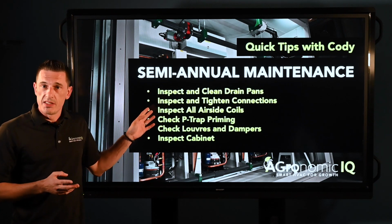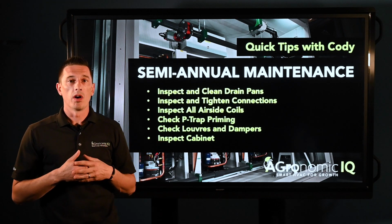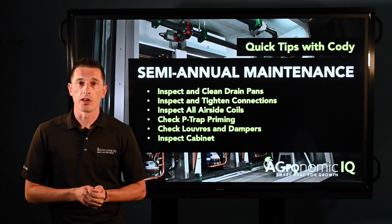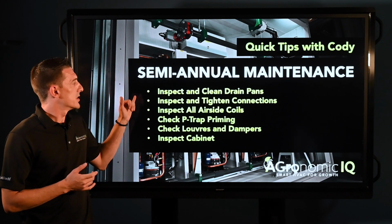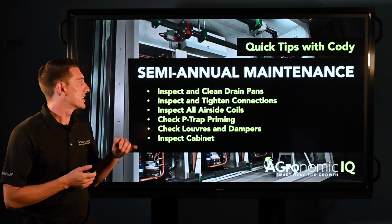Before we get into the specifics here, again, just want to remind you, all this stuff is available in our operations and maintenance manual, which can be found online at agronomiciq.com. So the first thing you're going to want to look at in your semi-annual maintenance is inspecting and cleaning